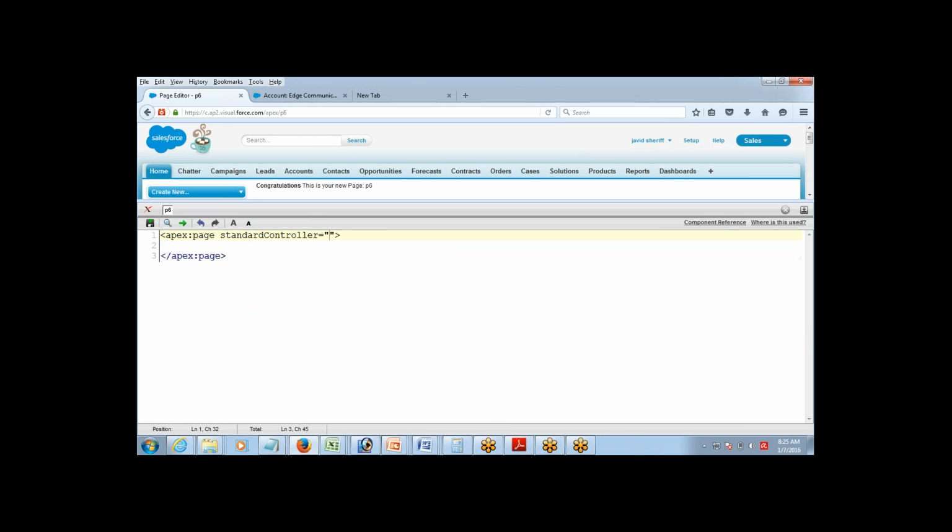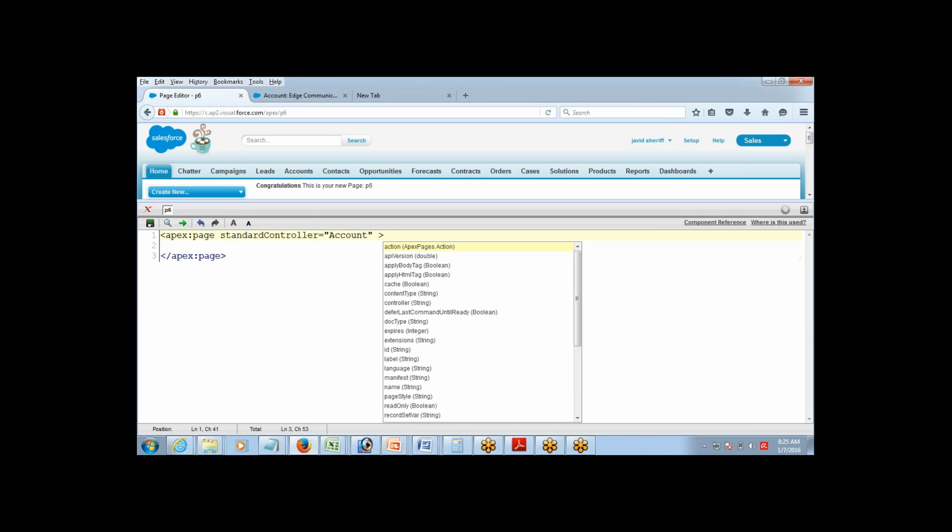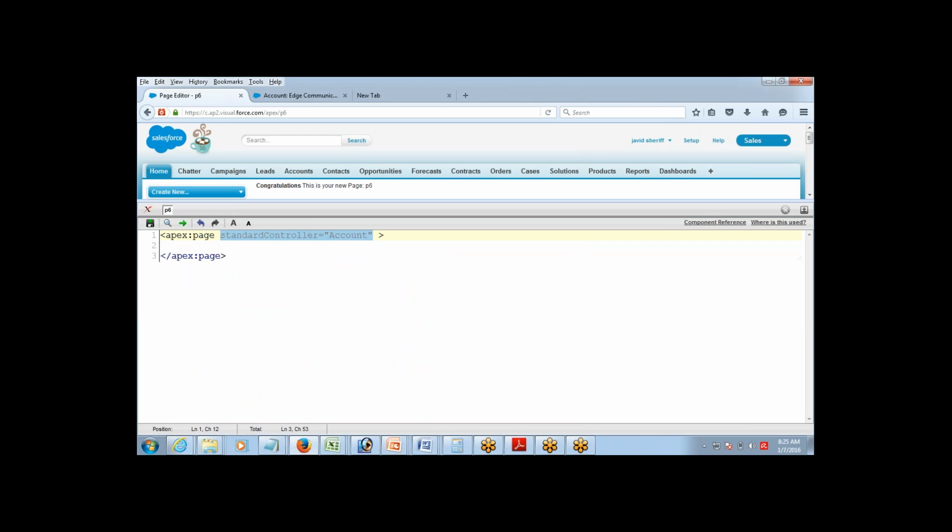So say standard controller, whatever you want, account or something. And along with defining the standard controller, while you're trying to create a page for a list of records, you have to define one more attribute, which is called recordSetVar. Okay, recordSetVar is basically a variable for the set of records. As you can understand, a variable for the list of records. Now this recordSetVar is actually going to be used for